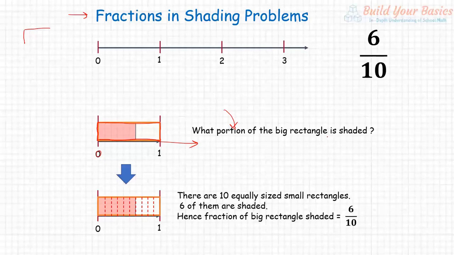Yes. The 3 by 4, sir. 3 by 4. How do you find that? Sir, I just drew an imaginary line, sir. Then I noticed that 1 by 2 is here, and it was just a little bit more than the 1 by 2, so it was better, sir. Okay, so we have to be careful. But then 3 by 4 has to be closer to 1 than it is now.